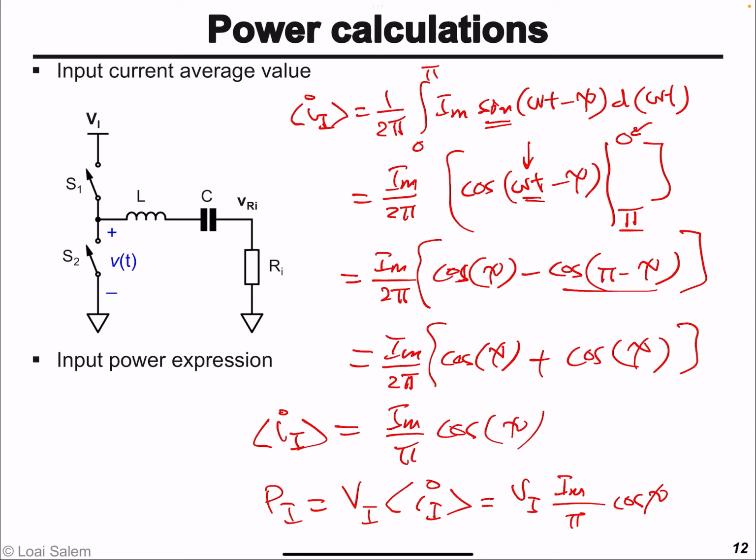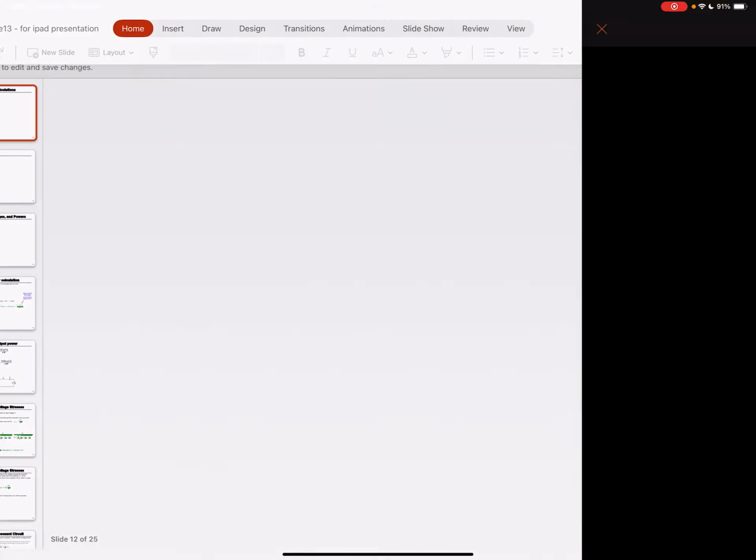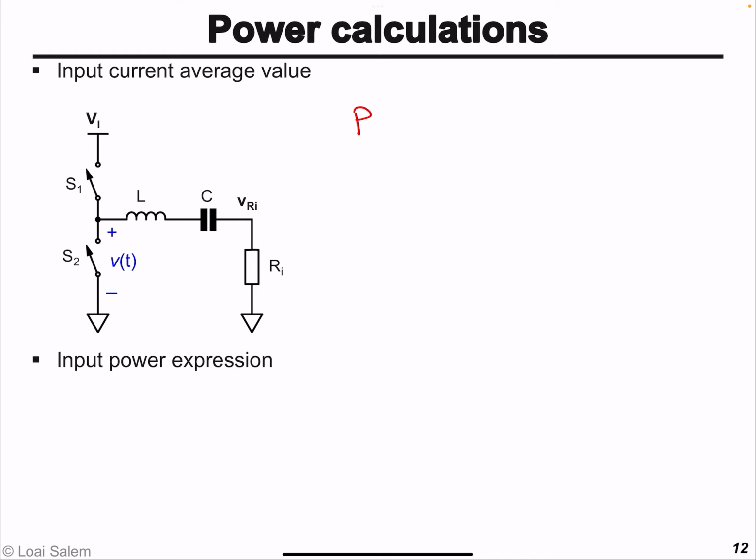And simplifying this expression, if we replace Im by its value as 2Vi divided by pi r cosine epsilon, we'll get that the input power Pi is equal to Vi times the average value of II. And so the input power is going to be 2 Vi square cosine square epsilon divided by pi square